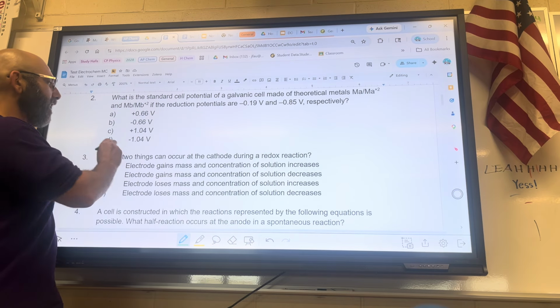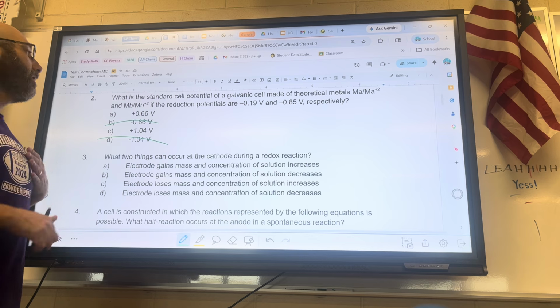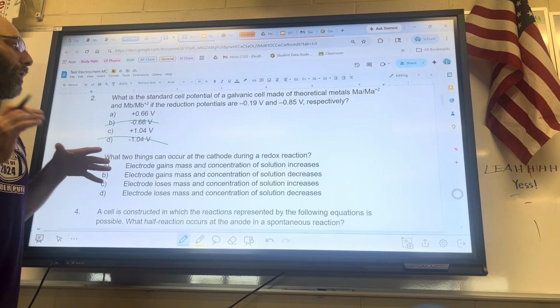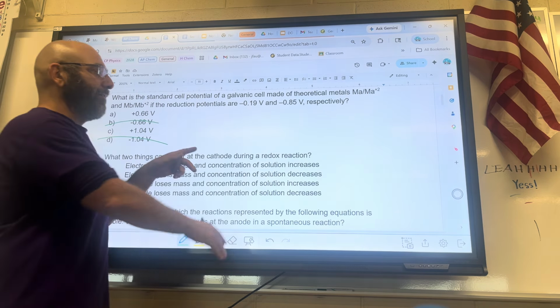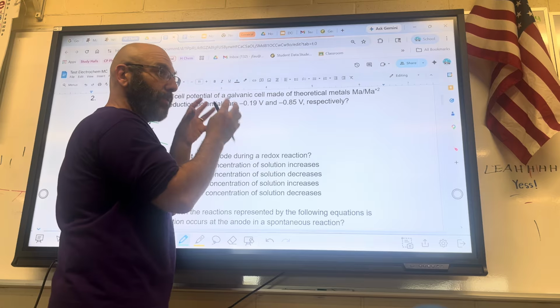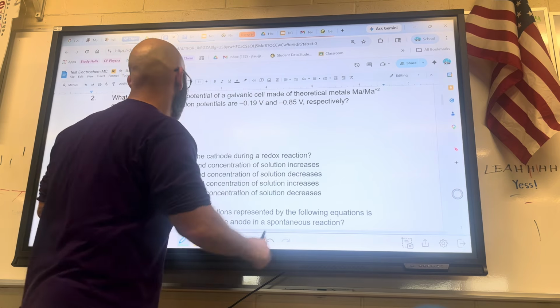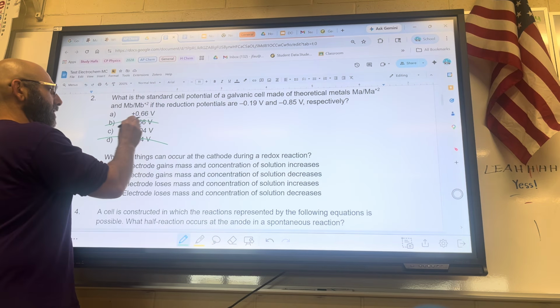So first off, it's galvanic. It can't be B or D. It must be a positive number. All right. And again, we don't really need to do any math here. If they're both the same sign, it's going to end up being like a real subtraction answer. The answer has to fall between these two numbers. The only thing that would work here is